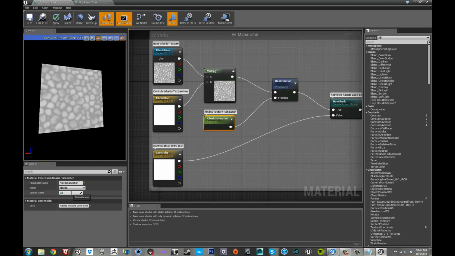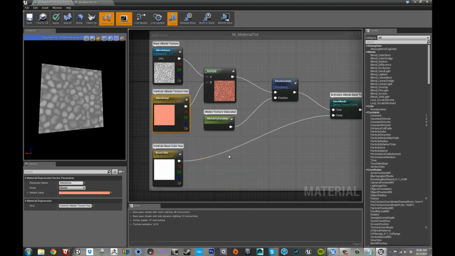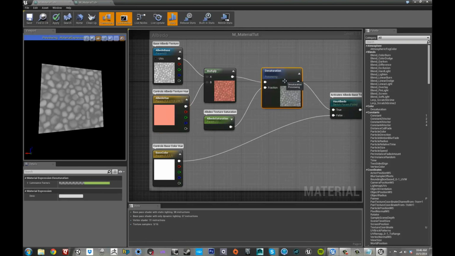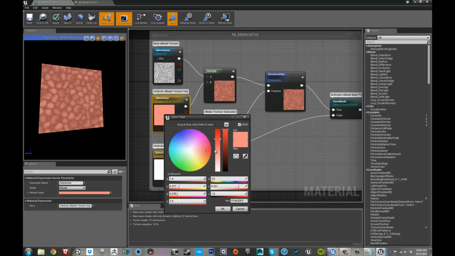If I were to set this to 1, well, let's go ahead and change this to a red color so we can see. We can see that even though we've changed it to a red color, we've then gone in and completely desaturated. So if I hit the drop down here, right click and say enable real time, we've taken the color back out. Alright, so we could set it to like 0.5 for example, and what it does is it gives us a really good way to pick a solid color and then kind of pull back and withdraw just a little bit of that information. Alright, so we'll set this back to 0, we'll set this back to 1, 1, and 1,